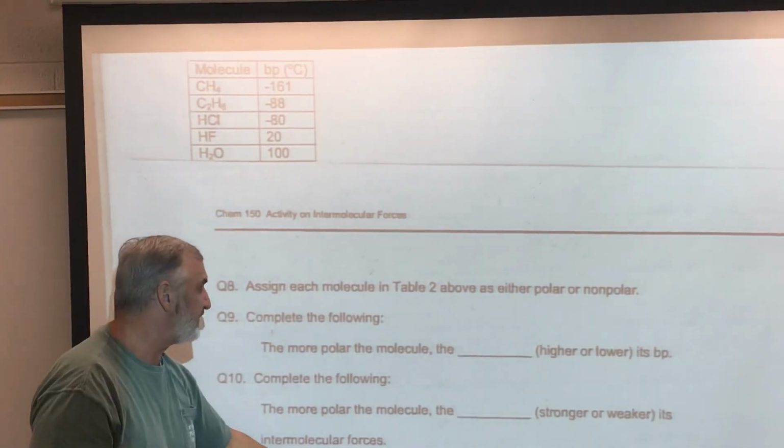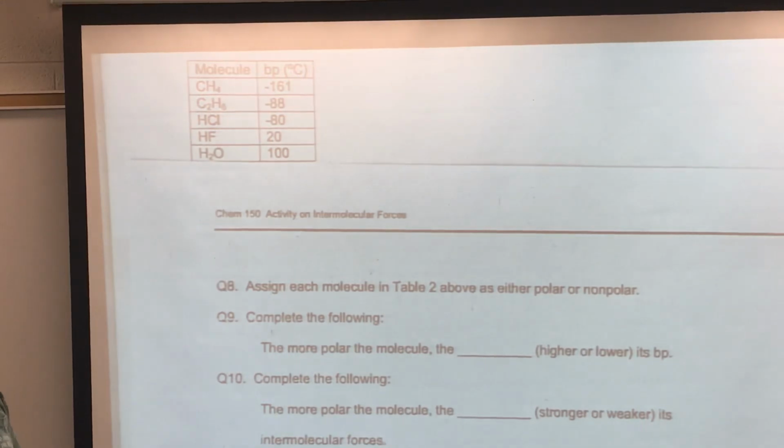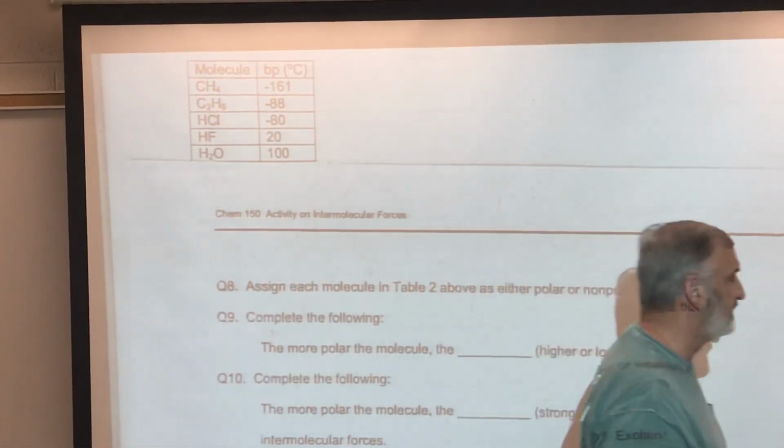Now, which do you predict will have a higher boiling point, CO2 or CO? Well, CO2 is 44 grams per mole, non-polar. CO is only 28 grams per mole, but it has a little bit of polarity in it. So that one's kind of a tough question. You wouldn't be expected to answer that one. I'm going to say CO2 just because it's heavier and the polarity of CO is not going to be very much. But again, you're not going to have to compare, so don't worry about question 11 too much.